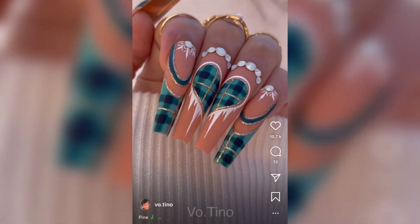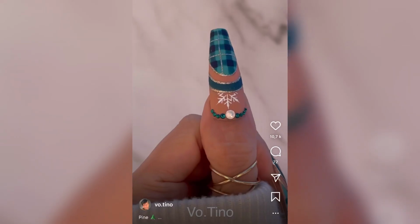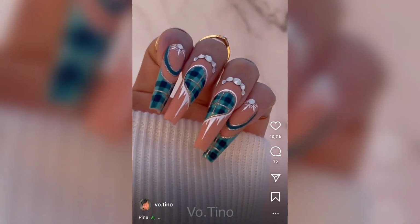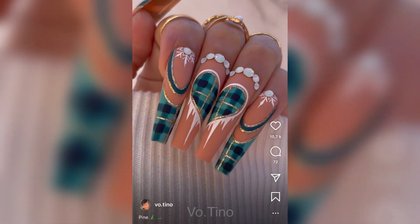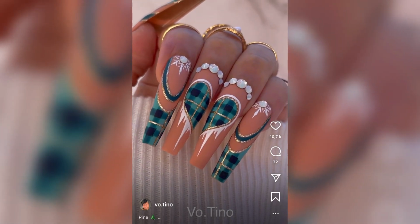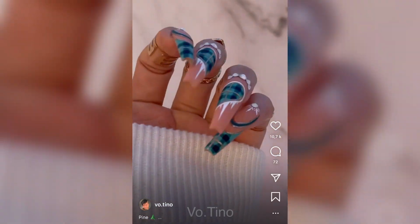This guy is amazing. He recently has been posting a series of these winter wonderland inspired nail sets, and I've just been gagging. This particular one, this plaid green one, literally captivated me. This is the most beautiful set of nails I've ever seen, and of course I had to try and recreate,